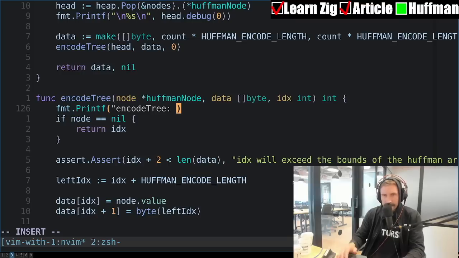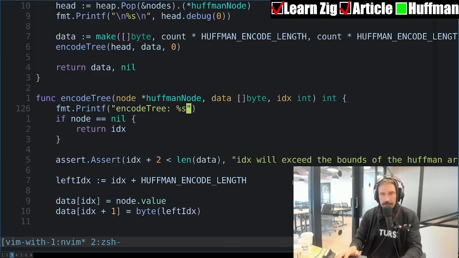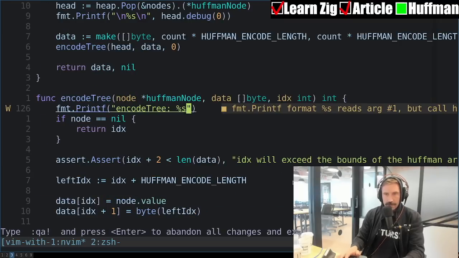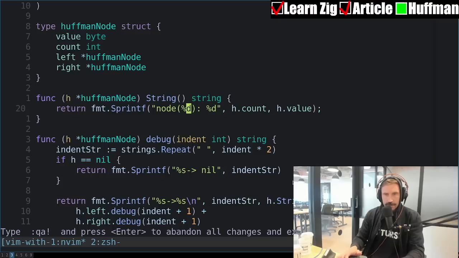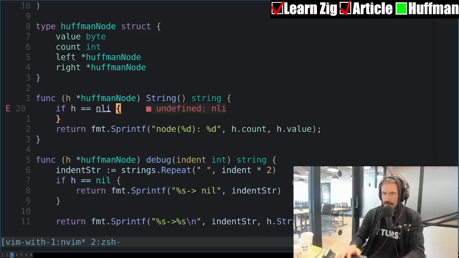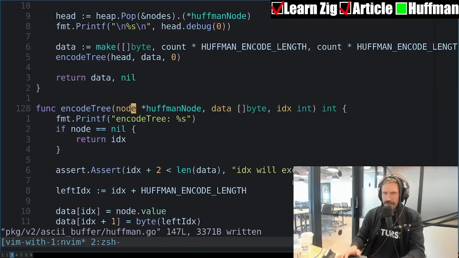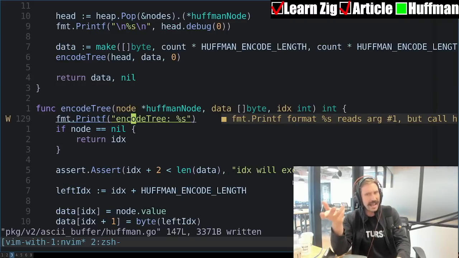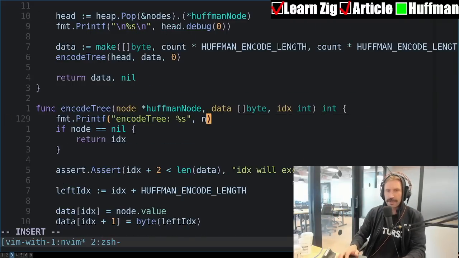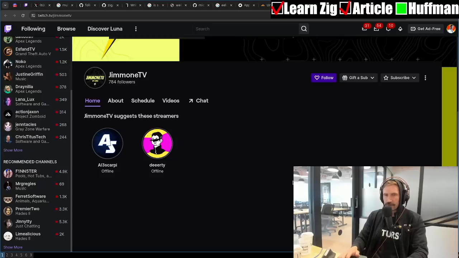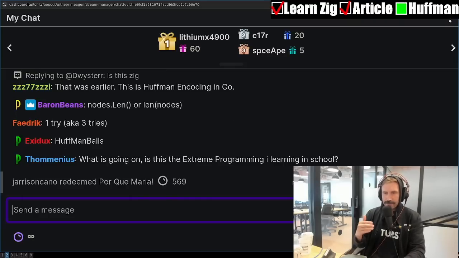I only get one try at this. Can that happen? I don't actually know if that can happen. I'm worried about this. I don't know if I'm going to get a nil or what's going to happen there.